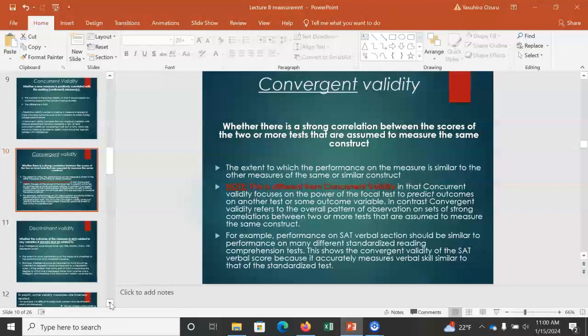And if the new intelligence test that you are interested in is positively correlated with all these different kinds of measures, that shows convergent validity, because it convergently supports the validity of the new measurement that you are interested in. That's the convergent